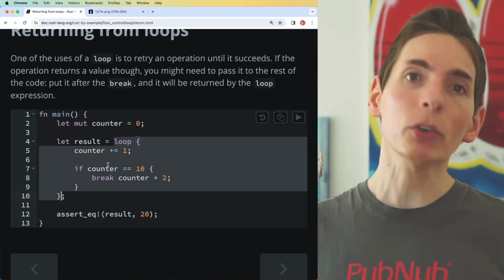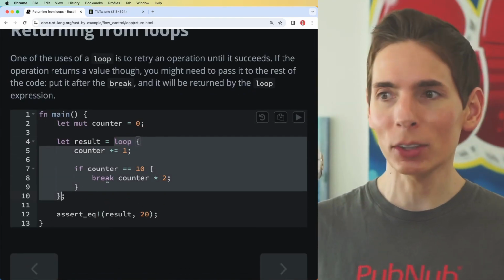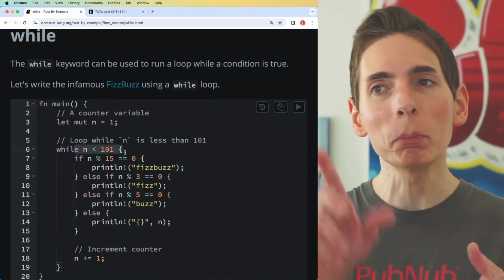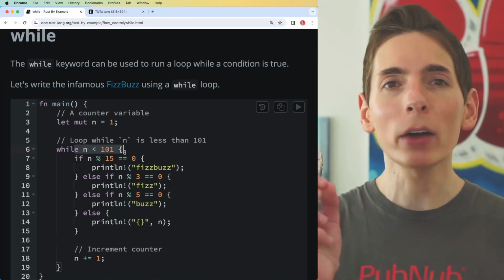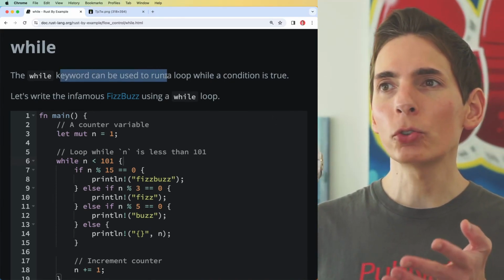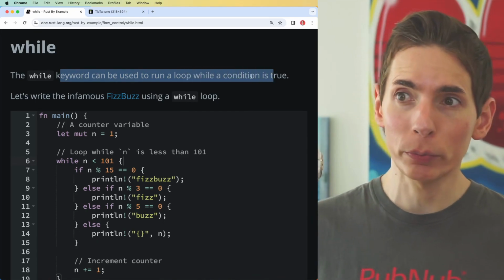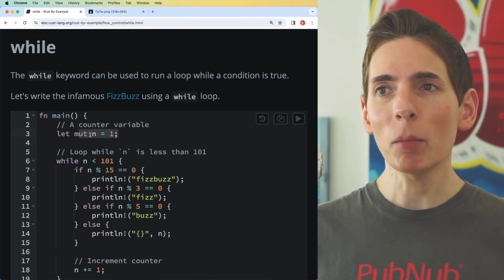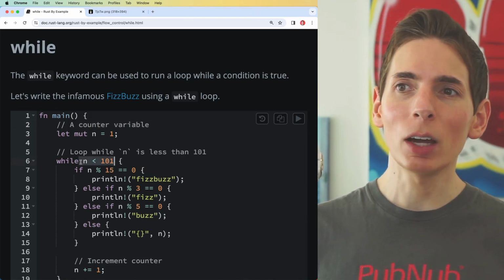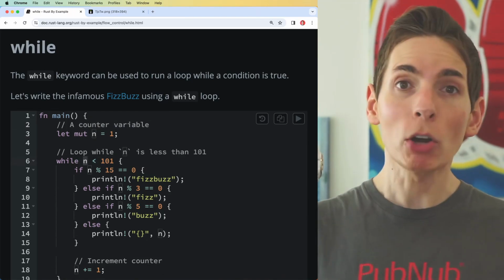It will loop forever unless you have some code to exit, where the while loop always requires you to have that exit condition built in, and that's necessary. While loop is going to be safer, and you will tend to see those more. So the while keyword can be used to run a loop while a condition is true. So we've got a number here, which is our counter, and we're going to loop until this number is over 102 in this